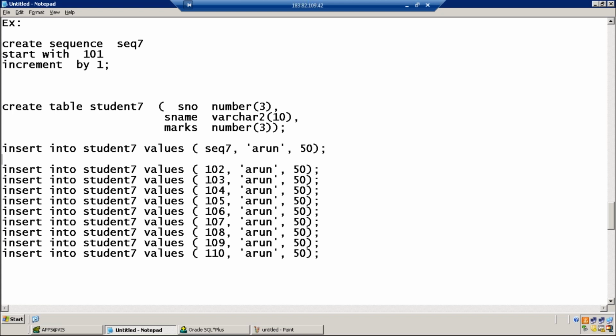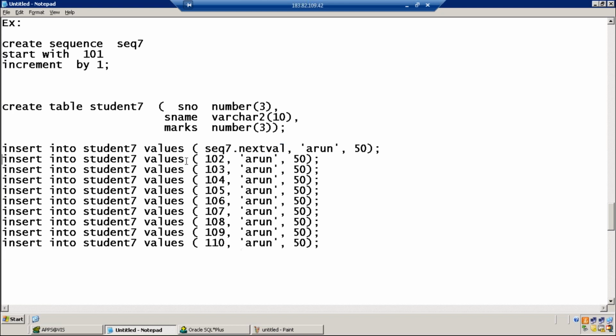Do not hard code 101, 102 manually. As you have created a sequence, use the sequence in the insert command. And not just the sequence name, you should write sequence name dot nextval.